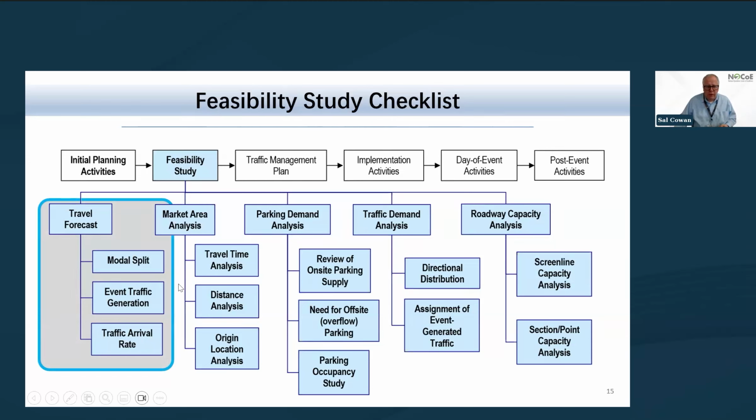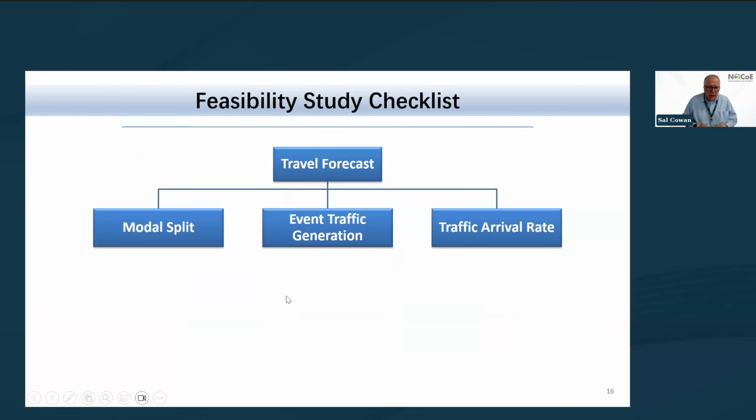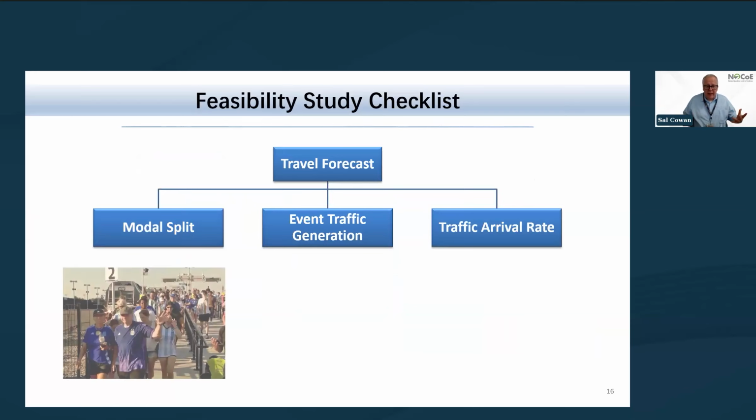So the first piece we're going to discuss would be the forecast, the various aspects of travel for the event. So what kind of mode split would be taking place? Is that information that you have? Do you know that? For example, for MetLife Stadium, they use historical events to estimate the mode. I'll give you an example. For Taylor Swift, we had a significant number of attendees who came by car and by rideshare, the Ubers and the Lyfts of the world. Compare that to the audience for Copa, we had a larger percentage of attendees by transit.